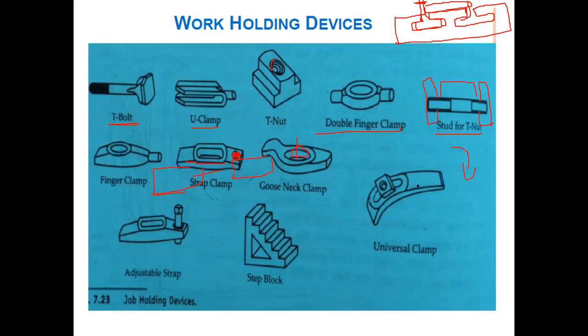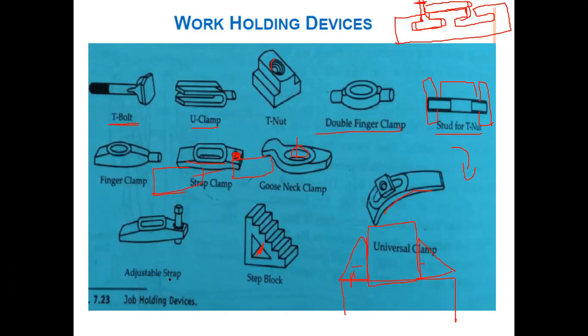And similarly, if there is some circular or spherical object, universal clamps are also used. Sometimes we also have step blocks. On the table, if you want to hold a circular object or some different shapes, you can keep a step block on each side, and the step block is mounted and fixed on this. For example, the step blocks come on this side and this side, and in between you can hold the workpiece properly, right? So this is a workpiece held using this. Using the provision in this, you fix the bolts, and this finally holds the step blocks.